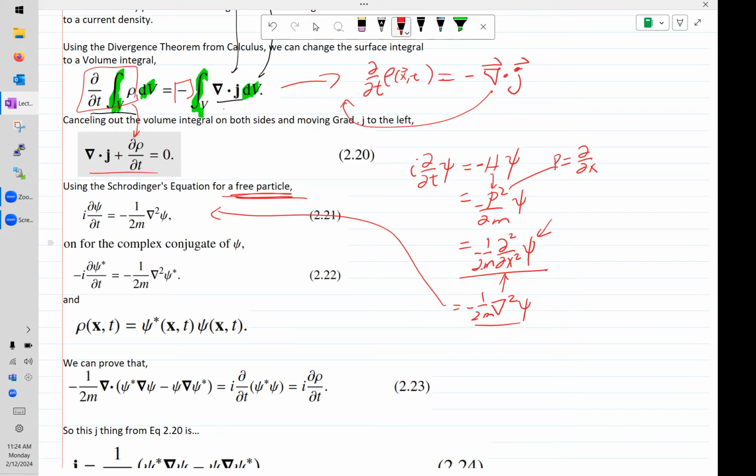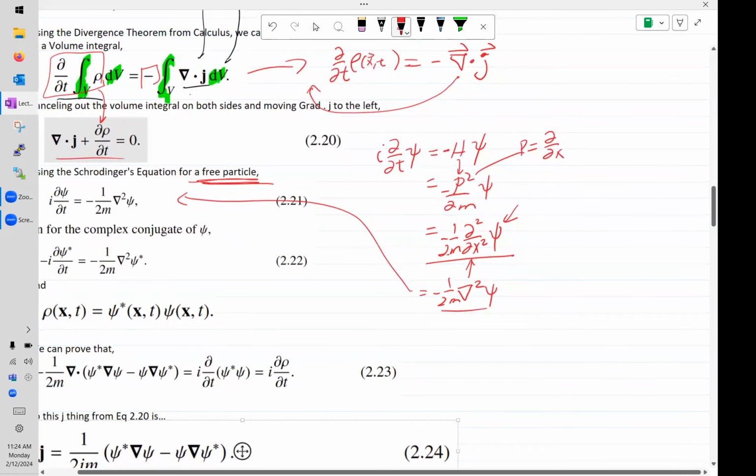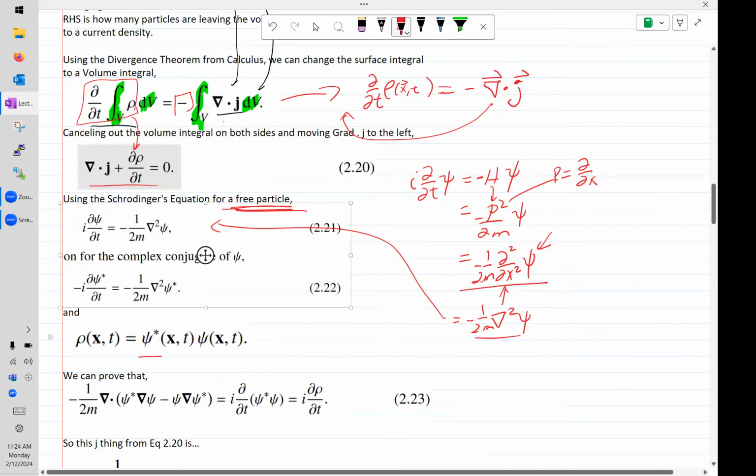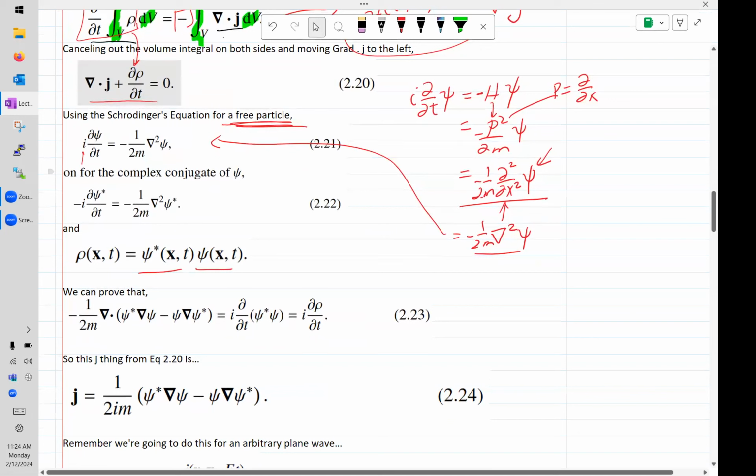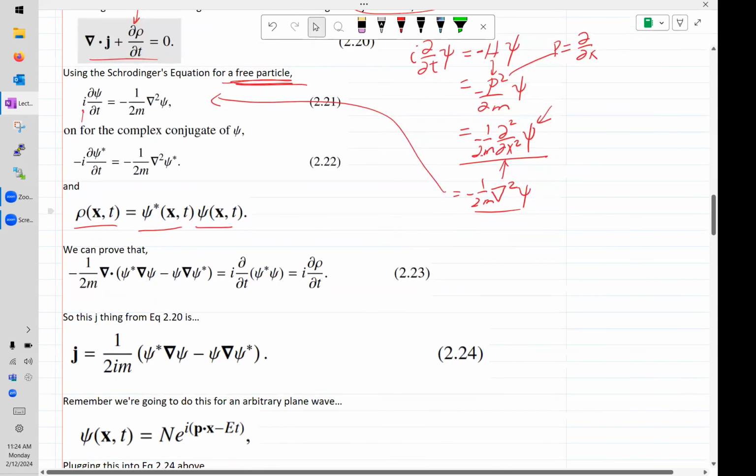So those are steps that the book really skips. Because we're interested in psi star psi, the complex conjugate is pretty simple. If we just star everything, but whenever we see an explicit i, we have to negate it. So we just get a star on here, and then negate the i here. If we try to multiply those two things together to figure out what this rho thing is, psi star psi,